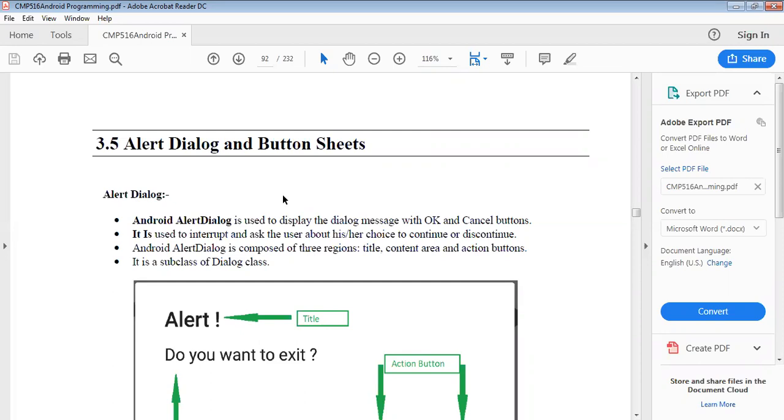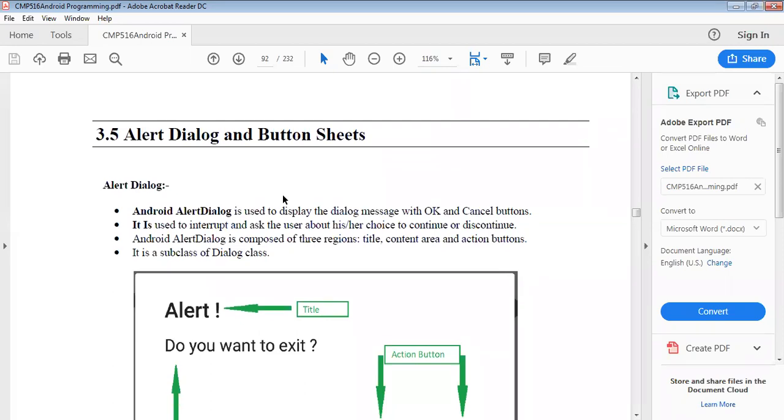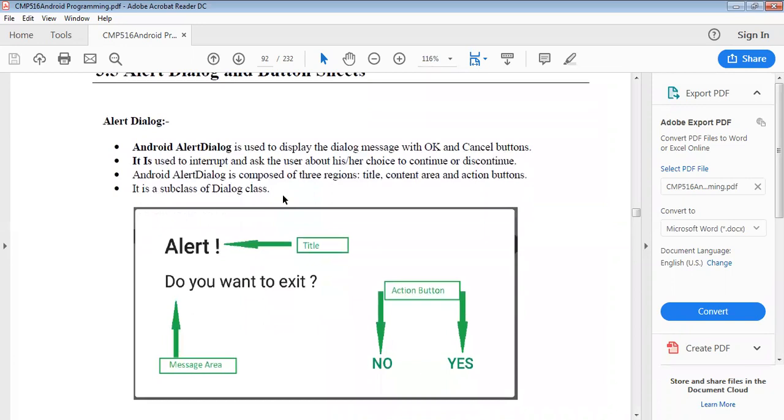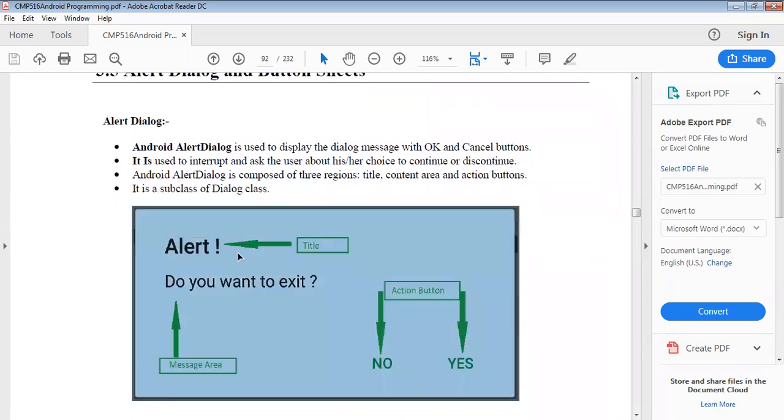In Android, an alert dialog is composed of three regions: the title, the content area, and the action buttons. It is a subclass of dialog. Here in the figure we can see an alert: Do you want to exit? and Yes, No. So Alert is the actual title.